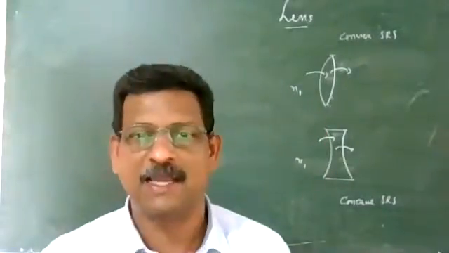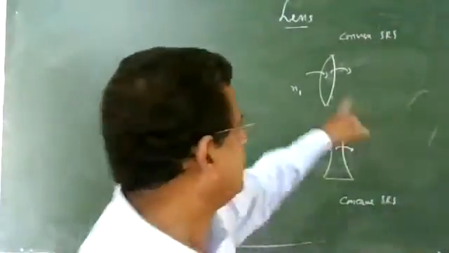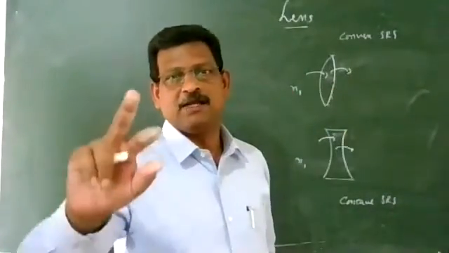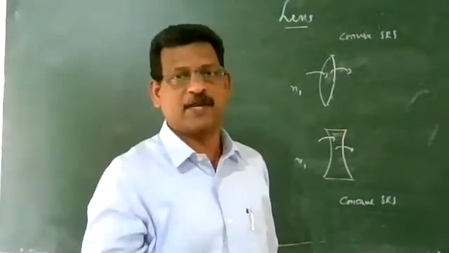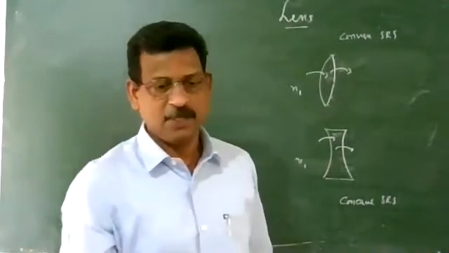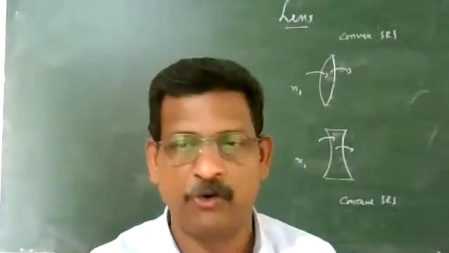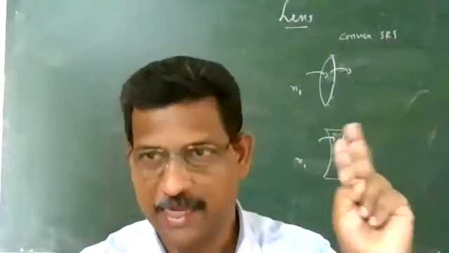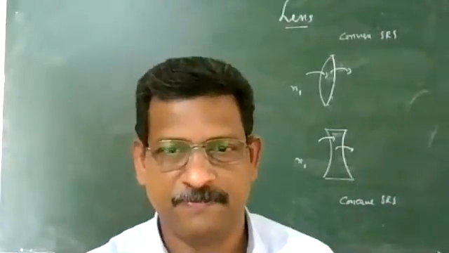So what is the lens? Lens means it is bounded by transparent medium. And what type of surface are they having? They are bounded by spherical refractive surface. The main condition is one spherical refractive surface or two SRS. So the lens definition is: a portion of transparent refracting medium bound by two spherical refracting surfaces, or at least one SRS and the other surface can be plane.